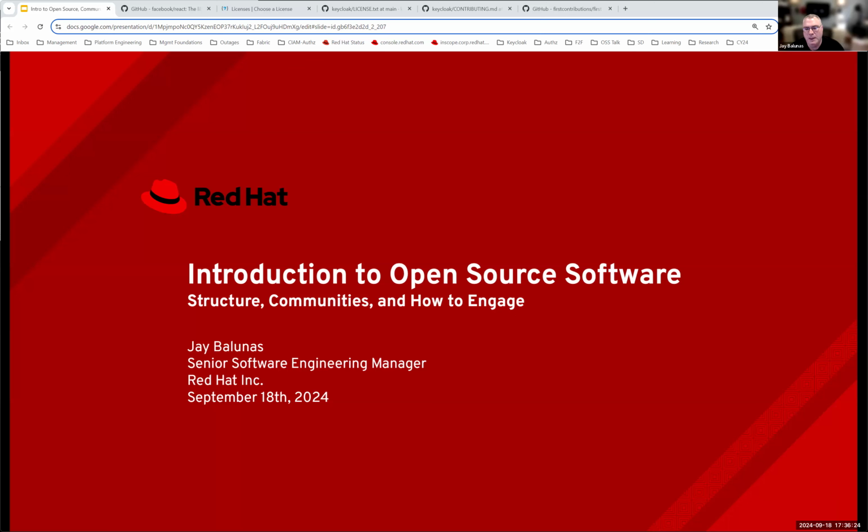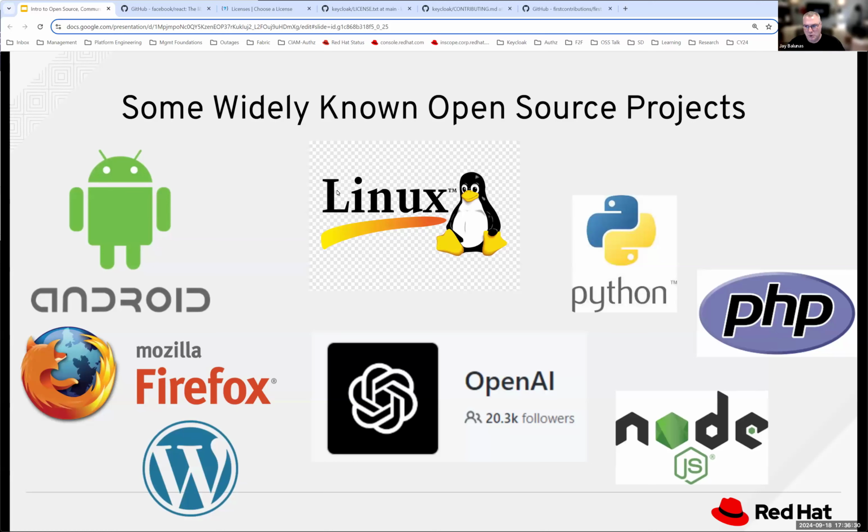So one of the first things I'll do is show you some really widely known open source software projects that are out there. And the funny thing is, pretty much every piece of software you use, from your car, your phone, your TV, everything most of what you've been developing with, even locally on your laptops and your computers, has open source software within it. And these are just some of the open source software projects that are out in the wild. Android. A lot of you have phones that have the Android operating system on them. That's an open source project from Google. Linux, which is